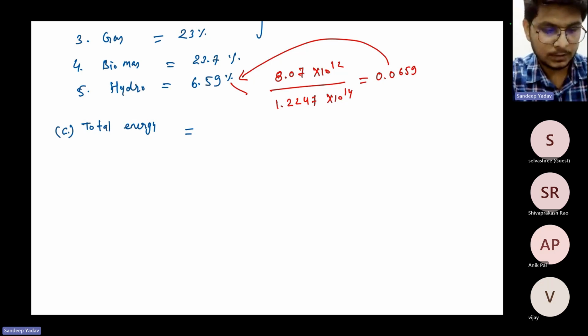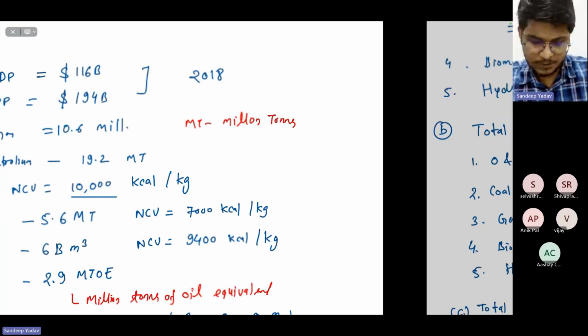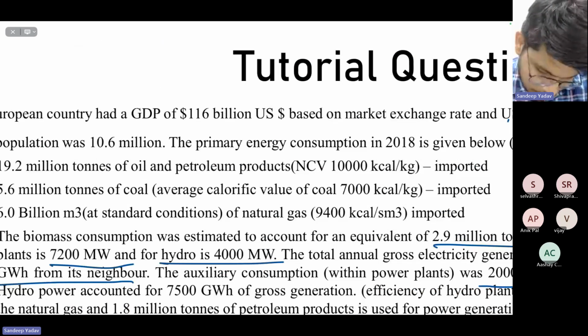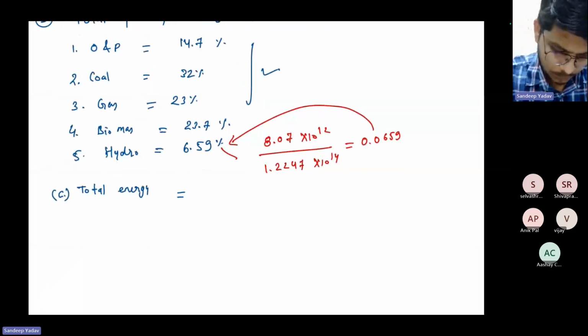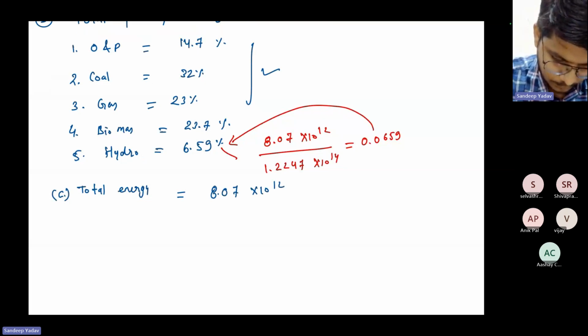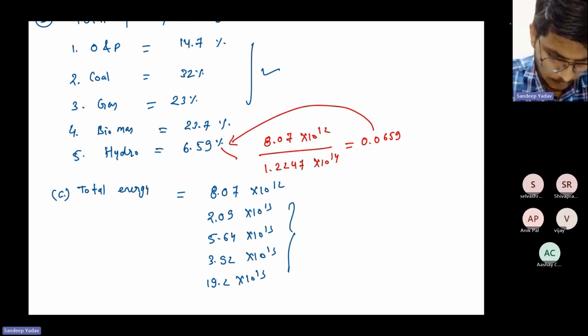Let's see what percentage of the primary energy is used for the power sector. So total primary energy is hydro 8.07 into 10 raised to power 12, 2.09 into 10 raised to power 13, 5.64 into 10 raised to power 13, 3.92 into 10 raised to power 13, 19.2 into 10 raised to power 13. The sum of all these is